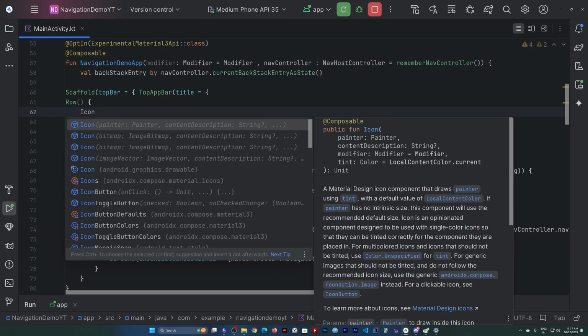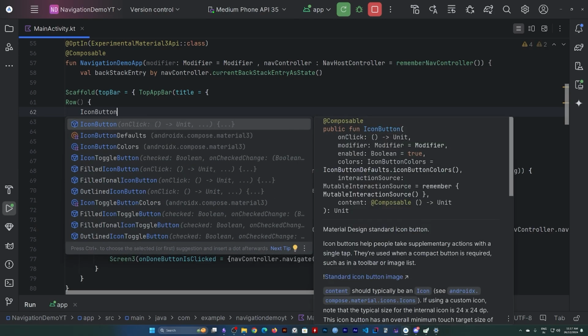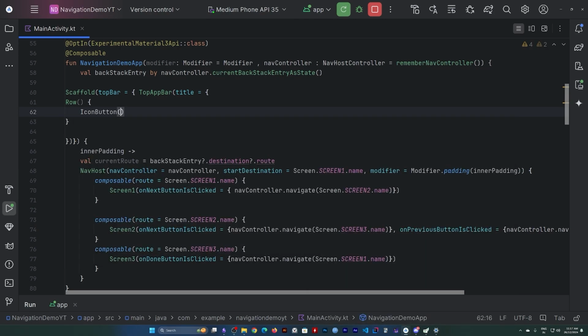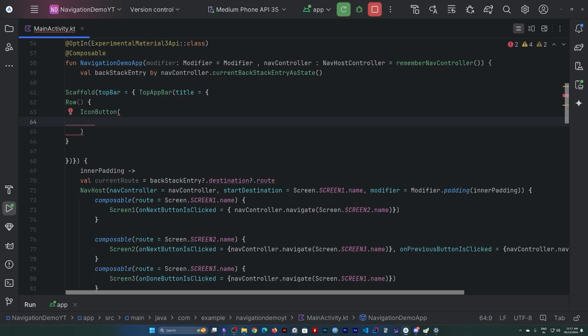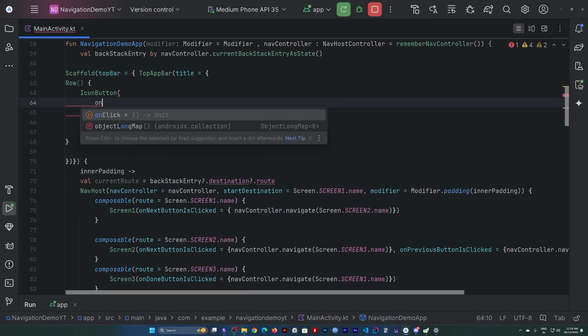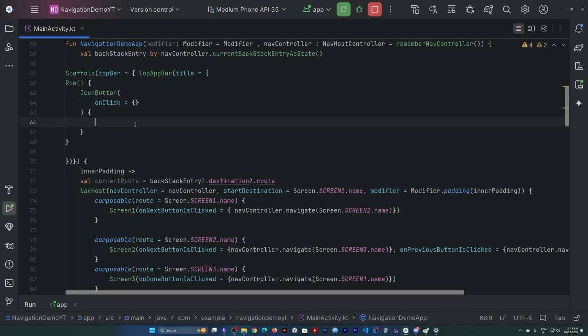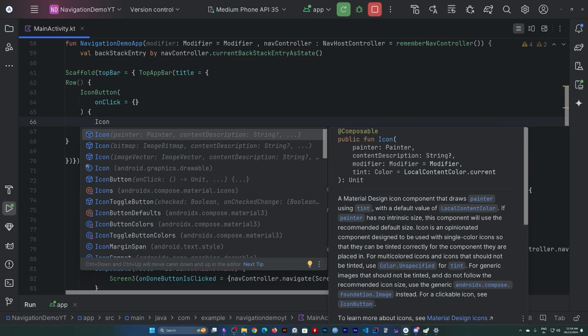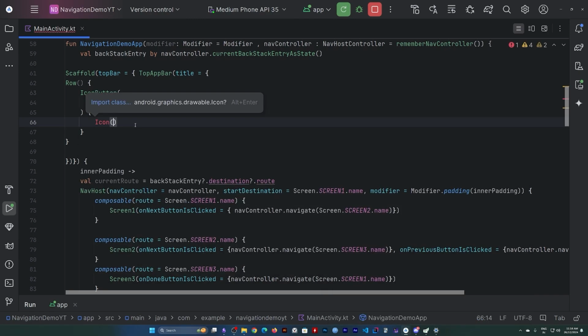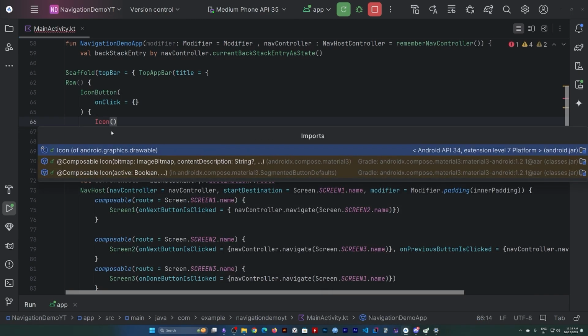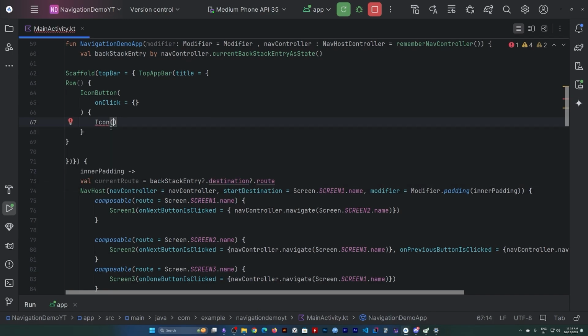I'm going to use an icon button. Inside of the icon button, I'm going to create an icon